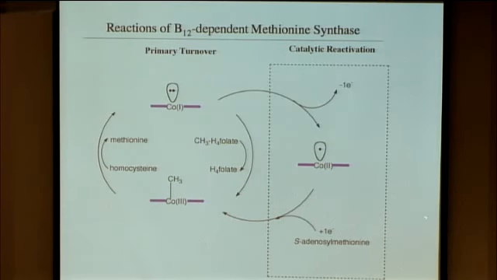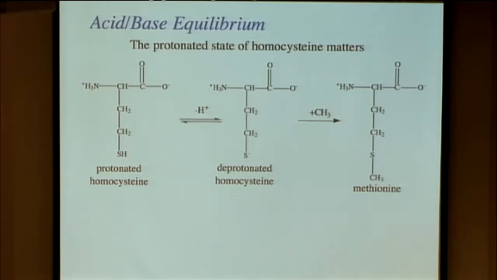So in this catalytic cycle, we are converting homocysteine to methionine. And that chemistry involves acid-base. What is true about the reaction is that the protonation state of the substrate homocysteine matters. You can have a protonated homocysteine, and here's the structure of homocysteine, or a deprotonated homocysteine where the sulfur does not have a proton anymore, so we have an S- here. And this deprotonated form of homocysteine can be converted to methionine where there's a methyl group attached to the sulfur